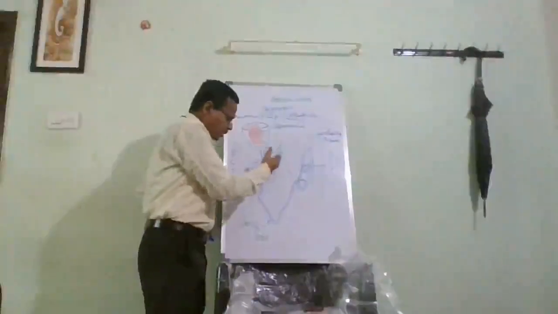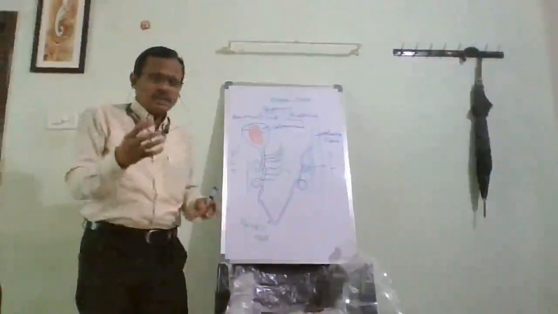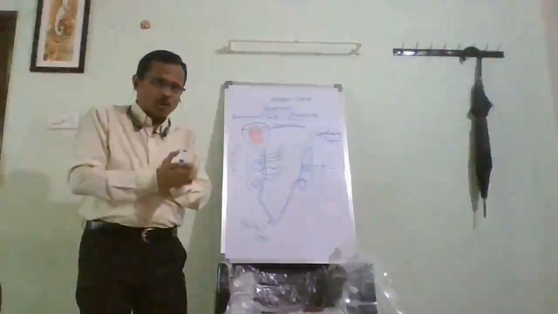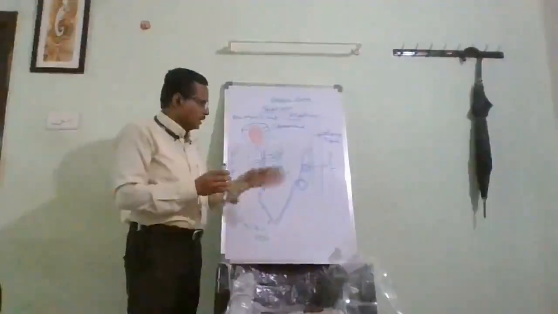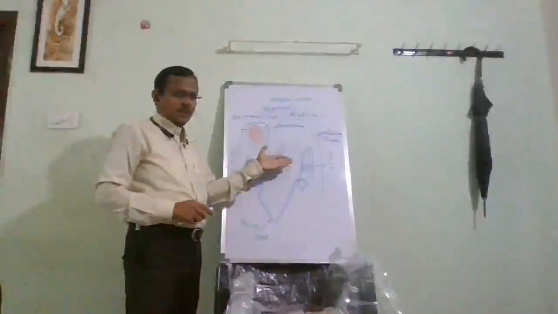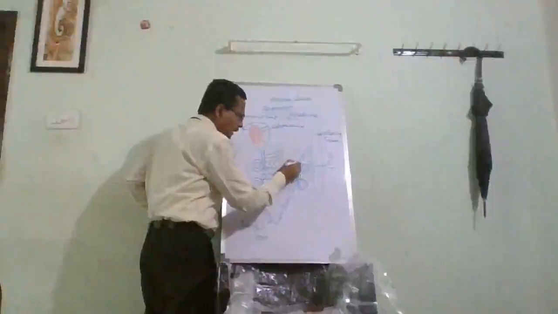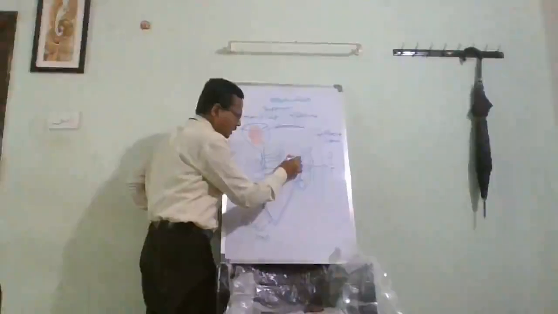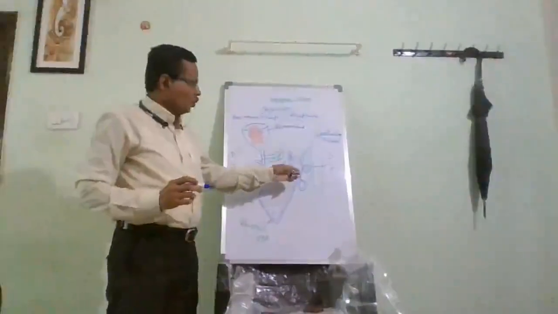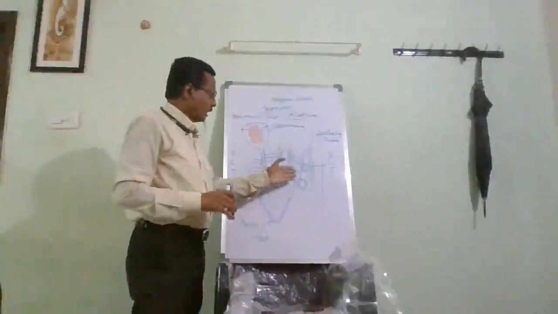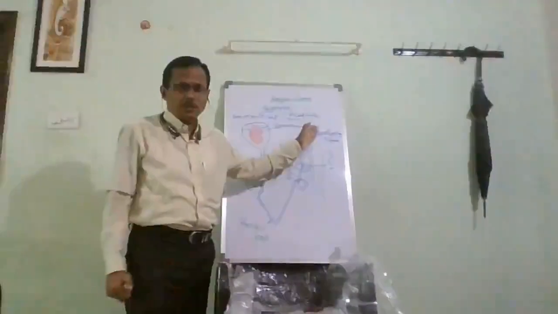Once the urine is concentrated, again it is sent into the distal convoluted tubule, wherein some water is once again required by the body in order to maintain the osmotic equilibrium inside the body cells. The excess water required by the body is absorbed by the capillaries and reabsorbed into the tissues. And only the unwanted water, along with the unwanted dangerous nitrogenous waste products, reaches the collecting tubule, from where